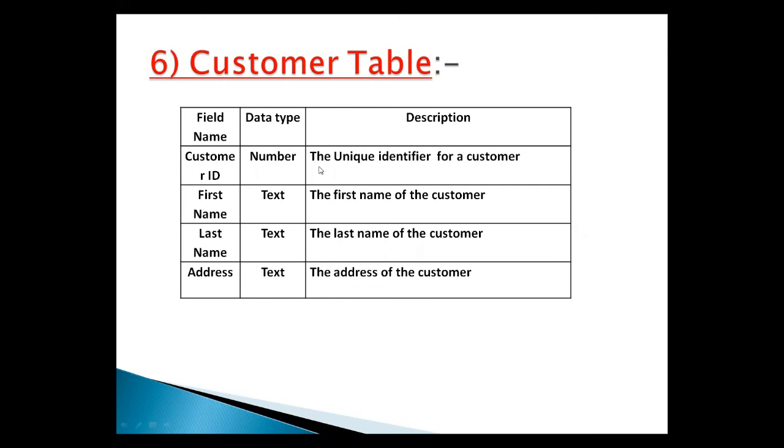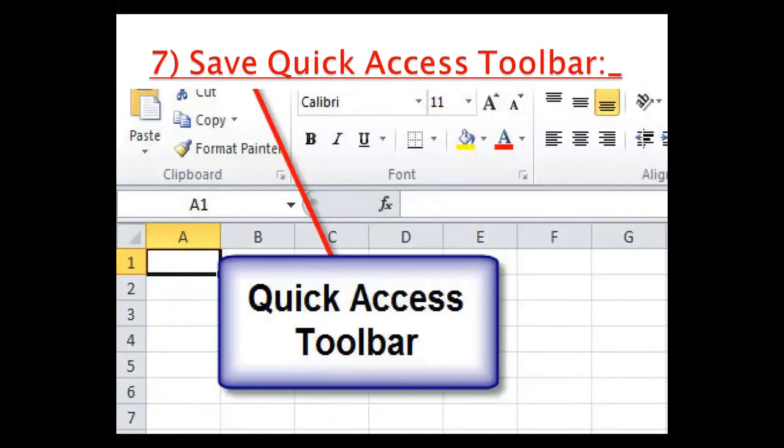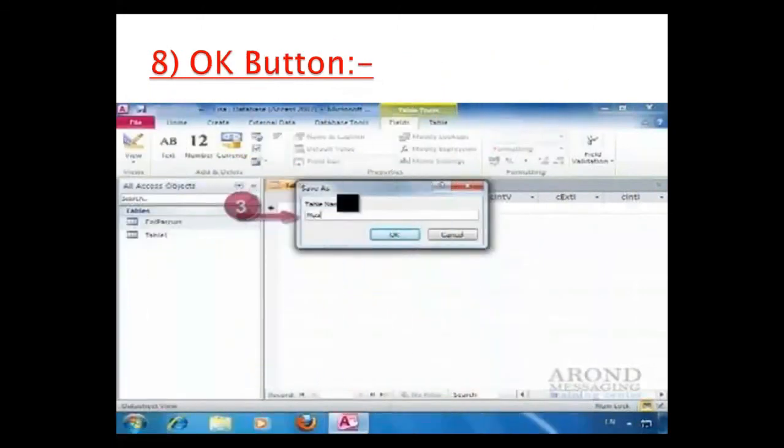And the description: customer ID, the unique identifier for the customer; first name, the first name of the customer; last name, the last name of the customer; and address, the address of the customer, put in the customer table. And the last heading is Save, Quick Access Toolbar. Now we click the Save button in the Quick Access Toolbar, and then we press the OK button.